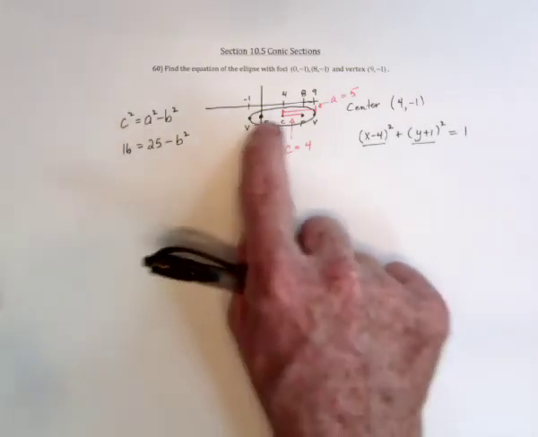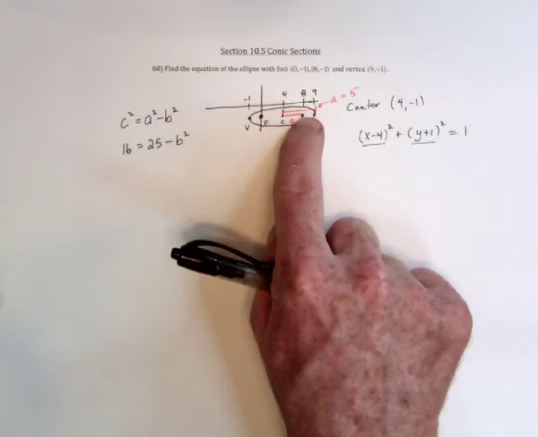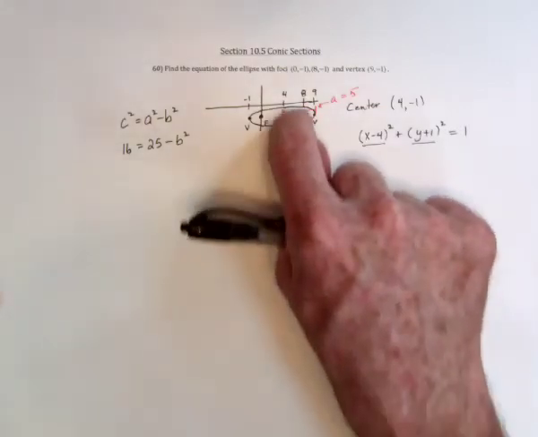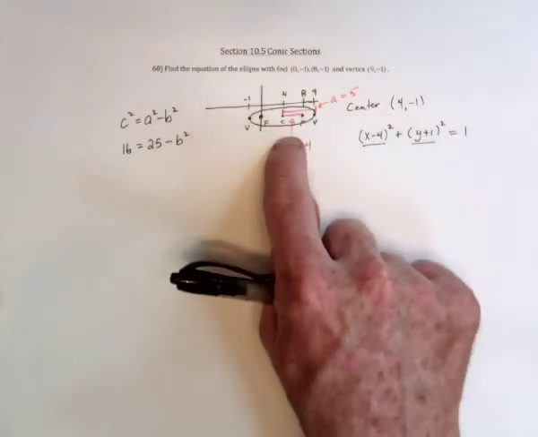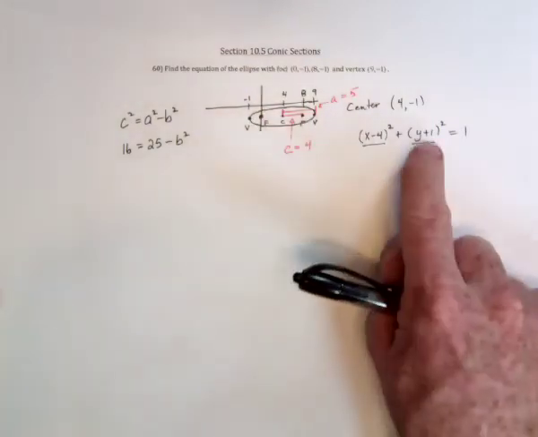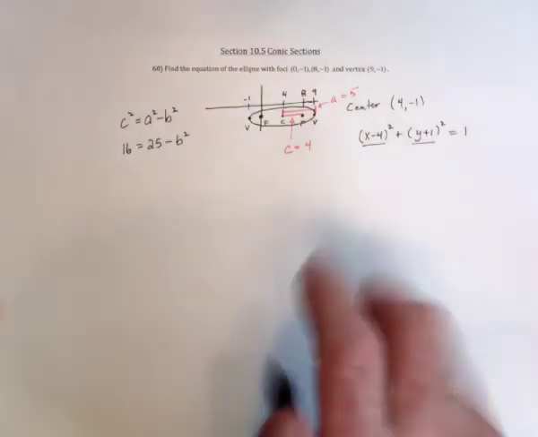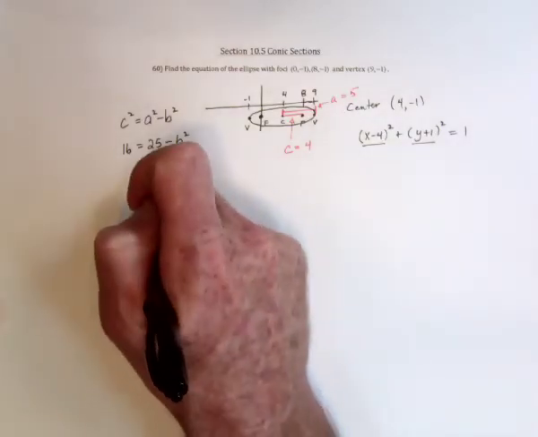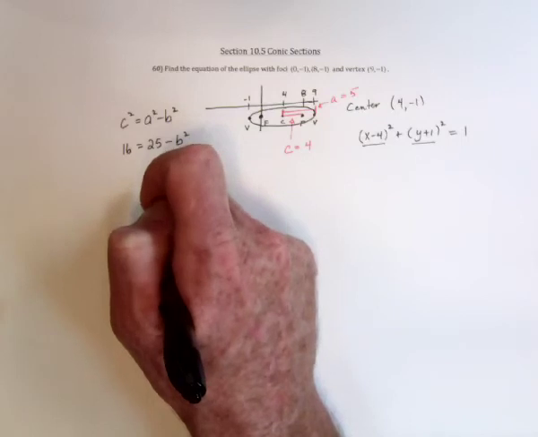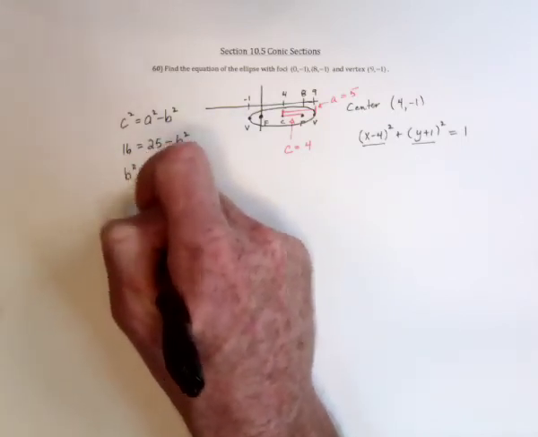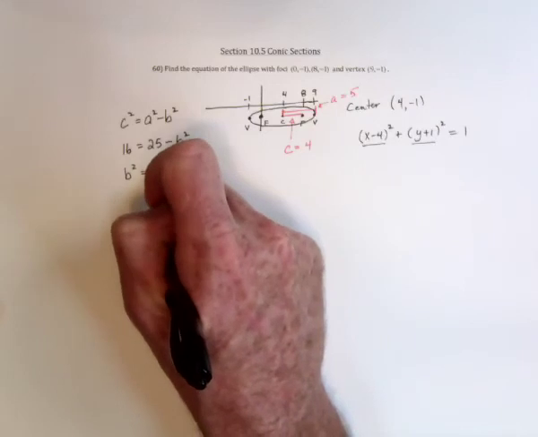In this case, that's going in the x direction. So the bigger number is going to go under the x. If it was tall and flipped the other way, then the bigger number would go under the y. The a squared would go under the y. So then subtract, or what I could do is move the b squared over here so it's positive, and then subtract 16,